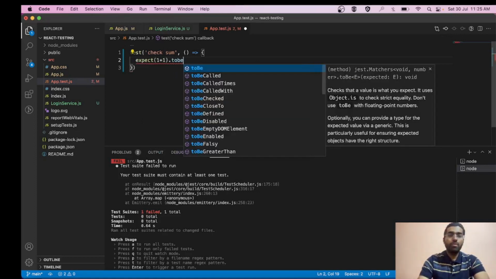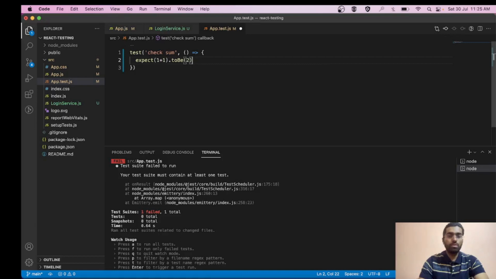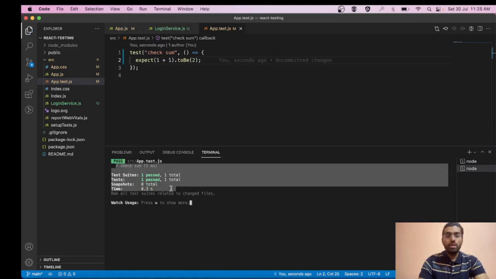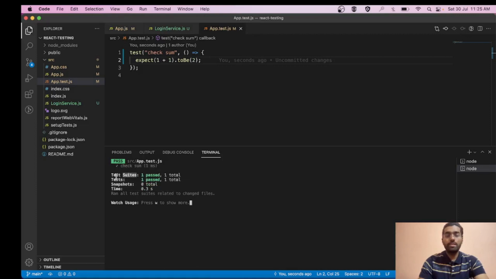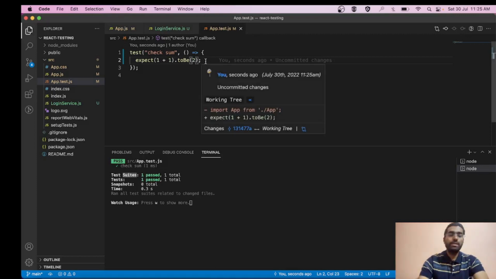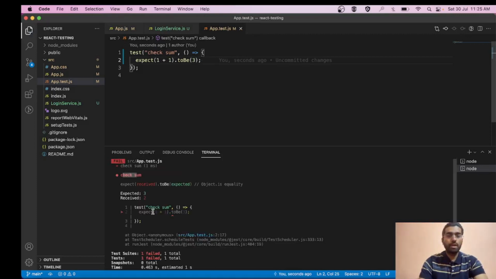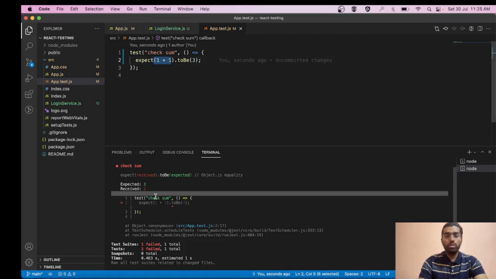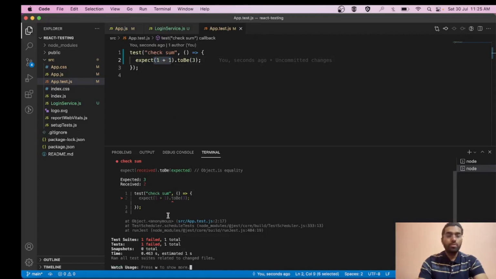And you can say that it will be 2. Cool, then it will check it. Yeah, it ran your code, and it provided you the result that yes, it has tested this particular test case and it has passed. Okay, now let's try changing it to 3. Cool. So it has given us the stack trace, like the expected value and the received value, and the values didn't match. The expected value was 3 and the received value that this code gave us was 2. So it failed over here. Okay, so it was the simple test that I wanted to show you.